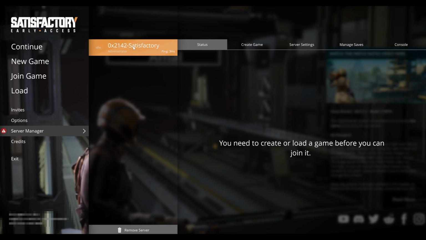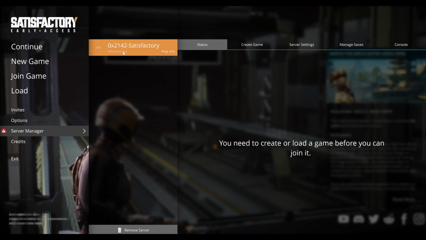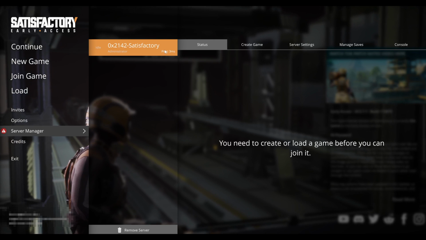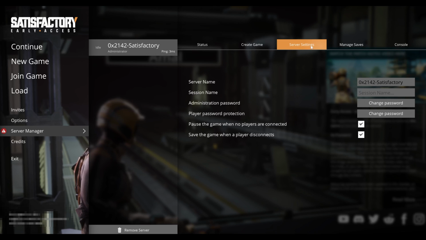So now it looks like our server is online. It shows that it's currently idle. We are the administrator. We can also see the current ping time to that server, which should be pretty close since the actual dedicated server is sitting right next to me. So before we create a game, if there are any other settings that we want to change around, we can